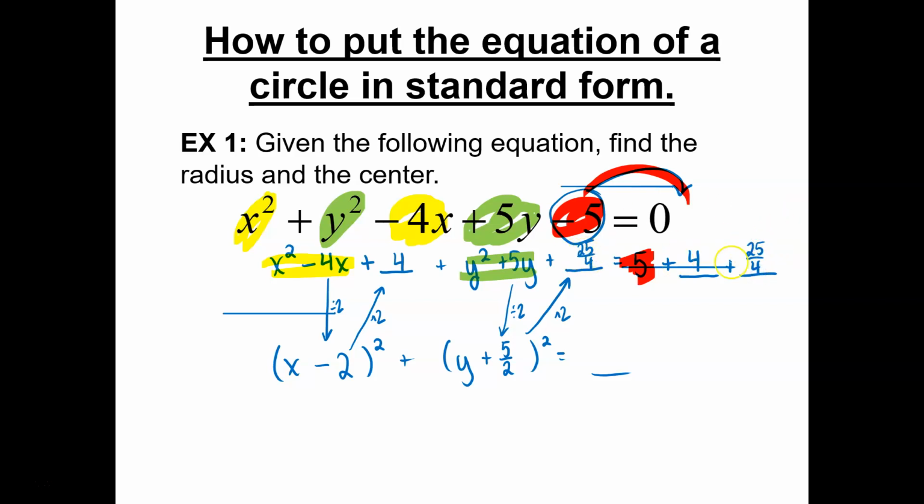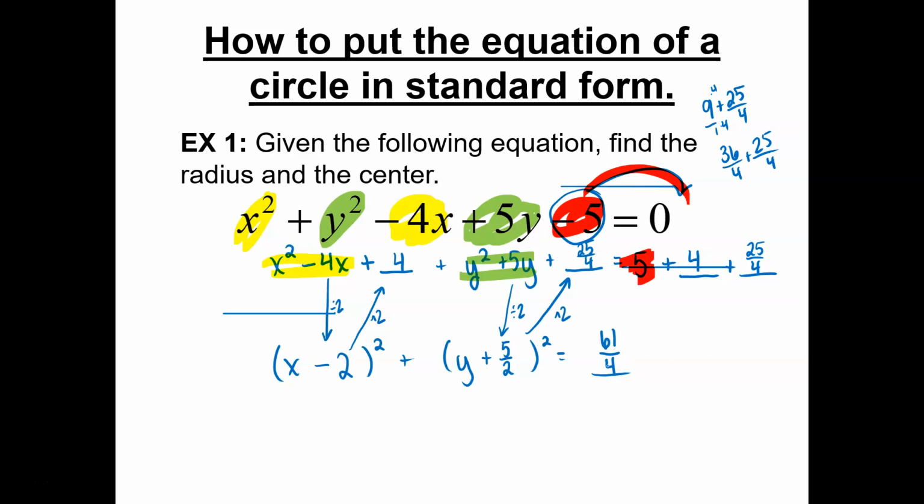So I got to add that to the other side as well. So just like some scratch work over to the side, 9 plus 25 over 4. You're going to have to multiply by 4 on top and bottom. So you're going to have 36 over 4 plus 25 over 4. You're going to get 61 over 4